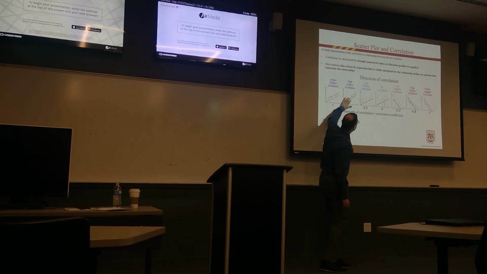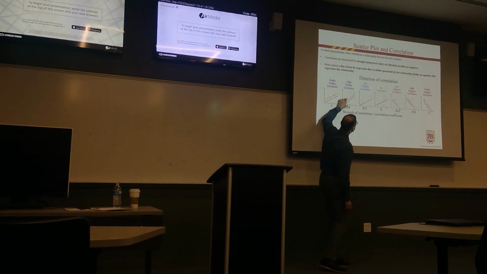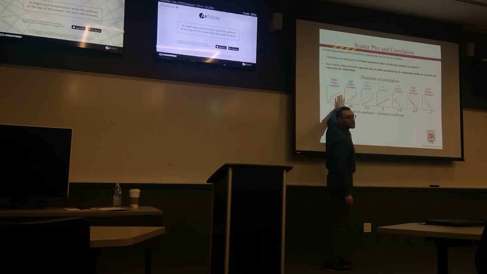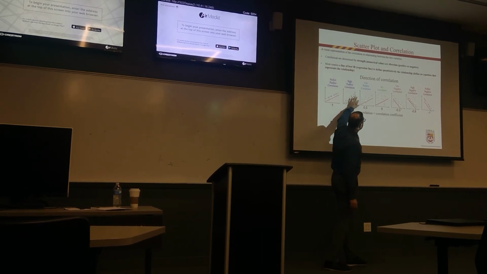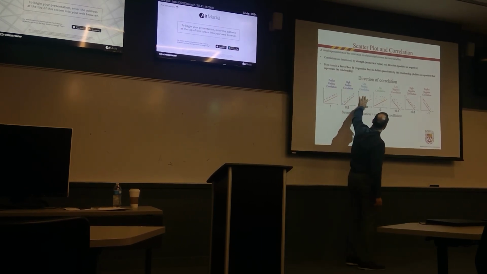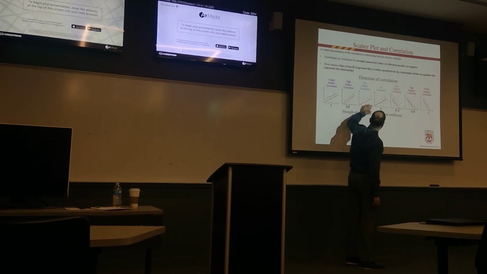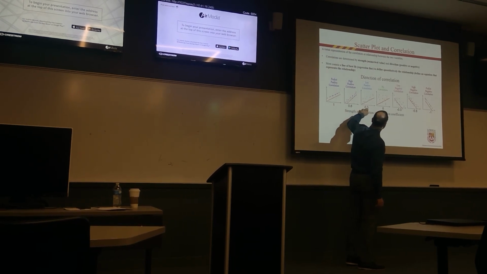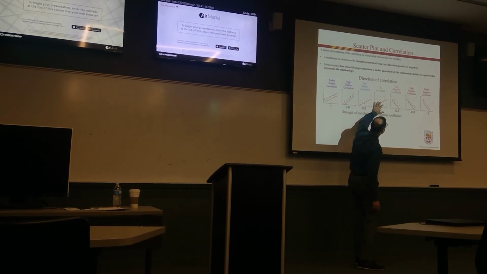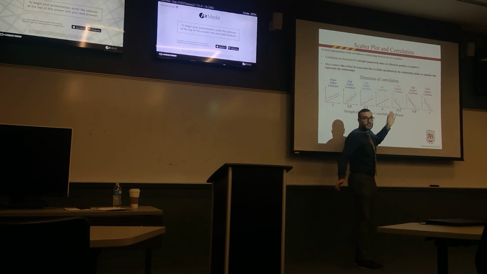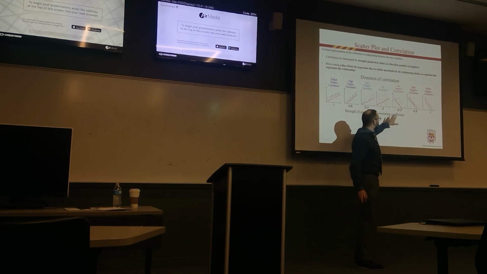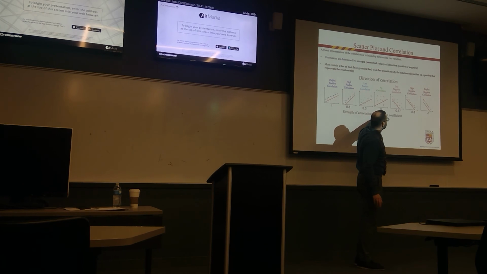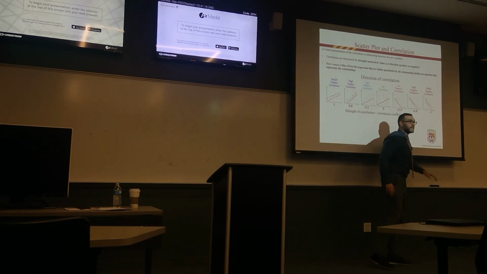Here, you see the data points are spreading. They're not linear. They're spreading from each other, but they're still close to linear, so you see high positive correlation. Here I have low because the data points are very far from each other, and I can see that the correlation coefficient is getting closer to 0. And here I have no correlation, no relationship. And the correlation coefficient is 0. And then the same thing for the negative coefficient.